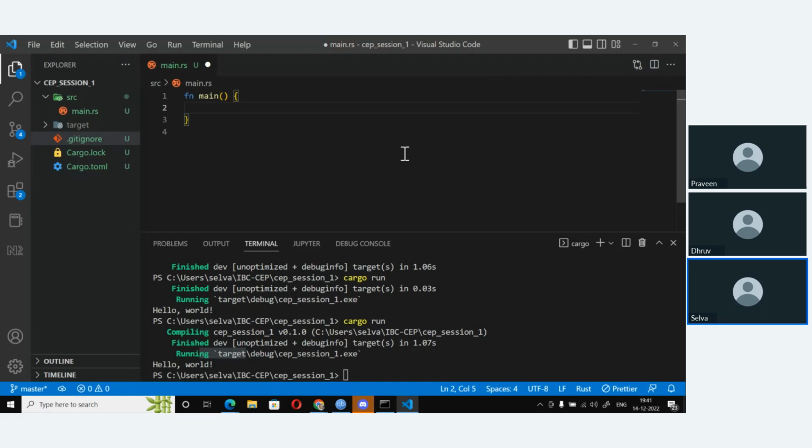If you want to create a variable, you use the statement called let, followed by the variable name. So let's say n, and you can just give any value, say 55, and I can just print it out.